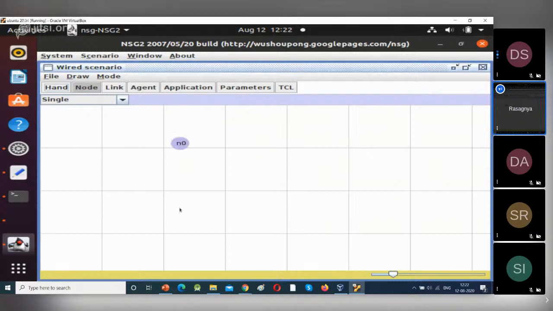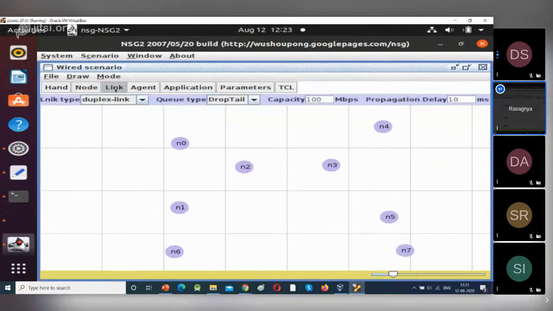So we will place the devices in the form of dumbbell, or you can call it a bottleneck network. So this is the shape. If you want to place other devices also, you can place here. Now go to link.